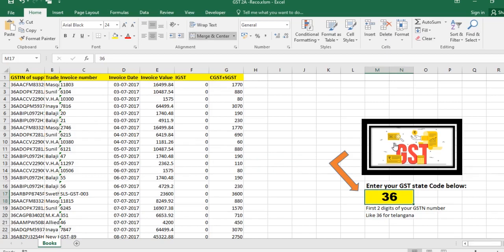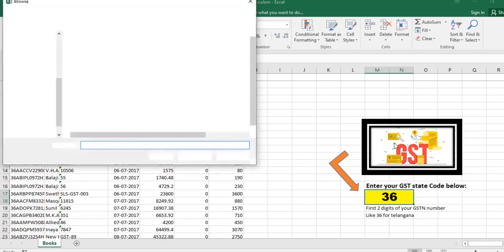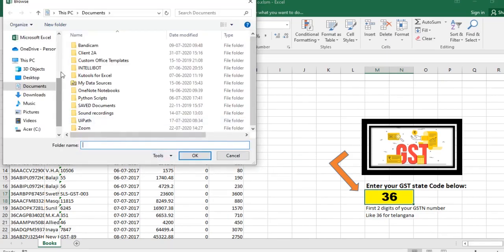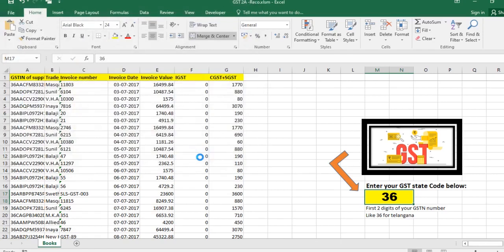After that, you need to click on GST, this icon. Then it will ask where you are having the data, and it's in client 2A, right? I'm just clicking on client 2A and then pressing OK. That's it, and the code will be running in the back. In the background, the code will be executed. You need to wait somewhere around 26 or 30 seconds, based on the complexity of your data and also the process which you're using.